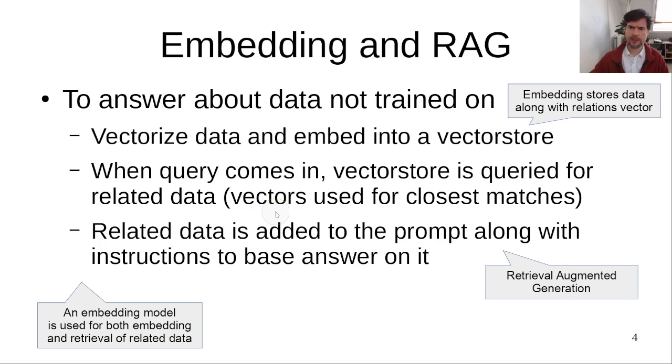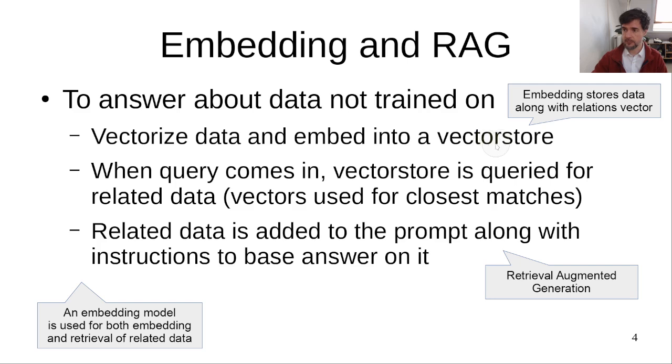Some notes about AI embedding and RAG. So why are we doing this? In order to answer about data that the model is not trained on, right? I'm using Llama 3.2 and Llama 3.2 does not know about SpringAI. So what do I do? I vectorize the data, specifically just the documentation, grabbed from the website, and embed it into